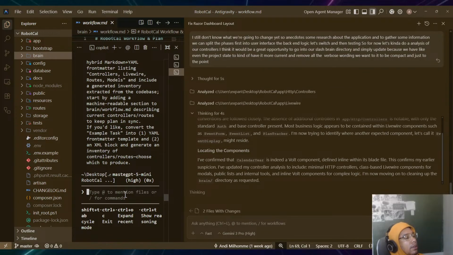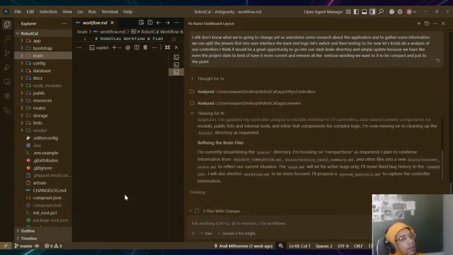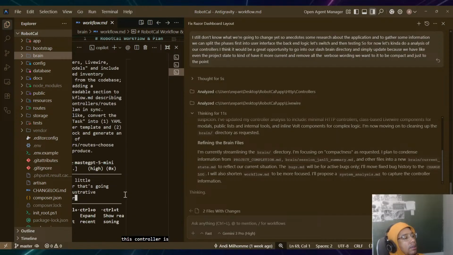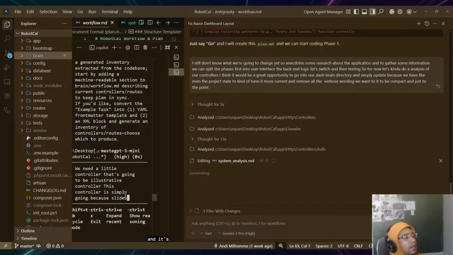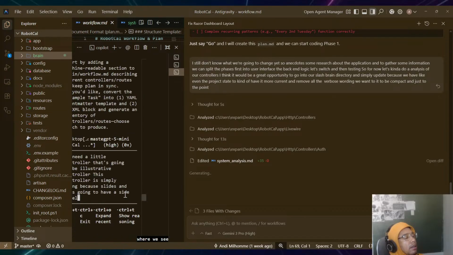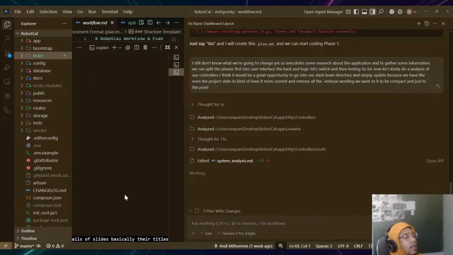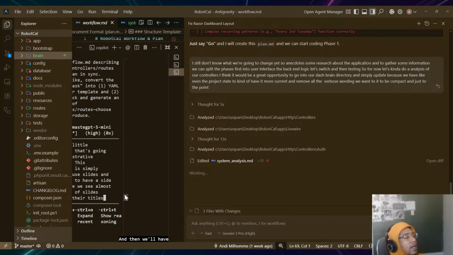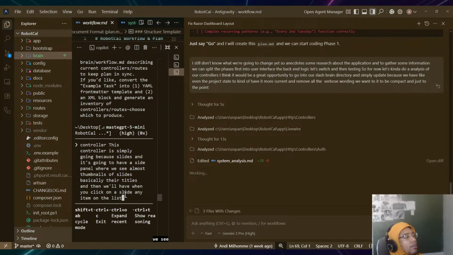We need a little controller that's going to be an illustrative controller. This controller is simply going to be called slides, and it's going to have a side panel where we see almost like thumbnails of slides, basically their titles. And then when you click on a slide, any item on the list, we see another component that